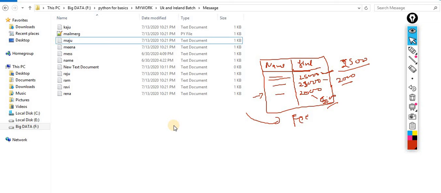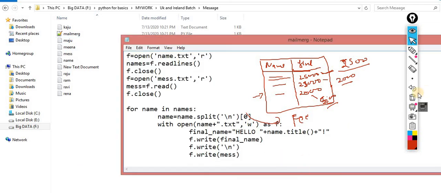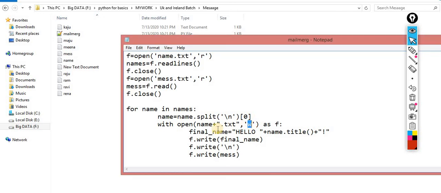If you don't mind, can you open that file, please? This one? Yes, that's the one. You know the way you said with open and name plus text. So basically, the file is in write mode. Yes, the file is in write mode. If this file is not available, it will automatically create it. And if it's available, then it will overwrite. Yes, it will overwrite.